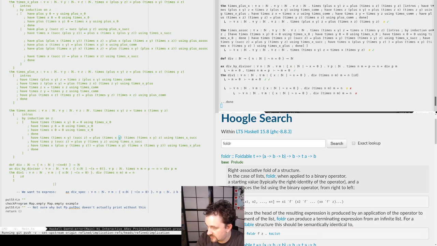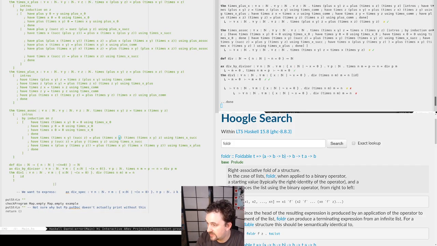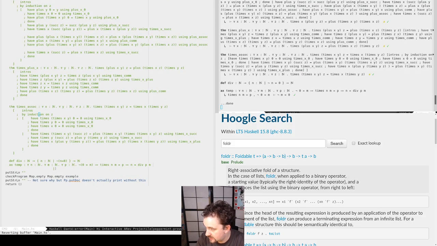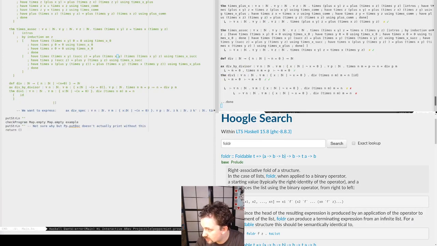Is origin refine implication. Refine interactivity. It's the same as back here, which is exactly what I wanted, I think. Yeah, okay, that's exactly what I wanted.